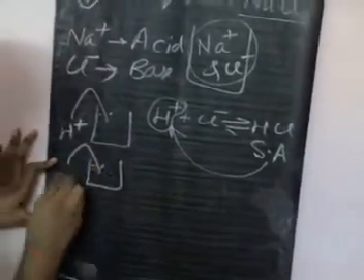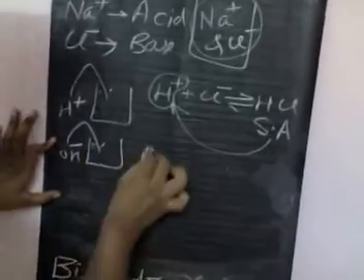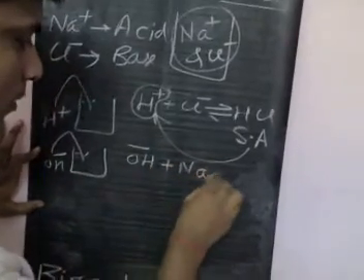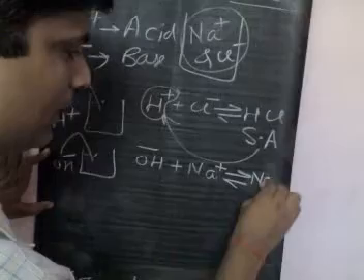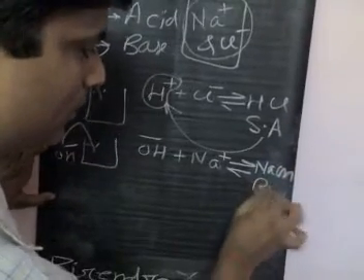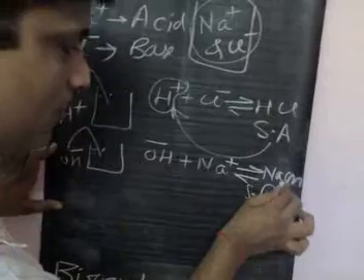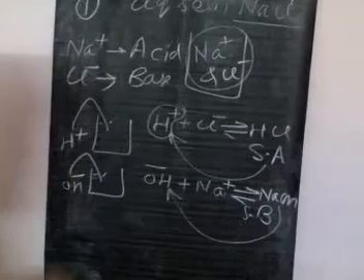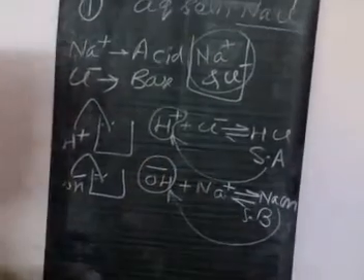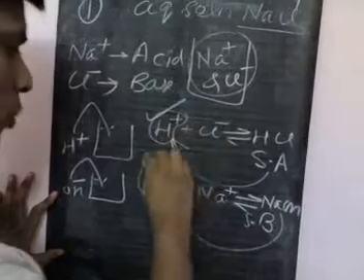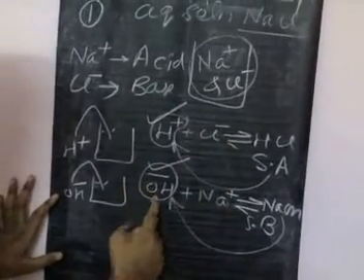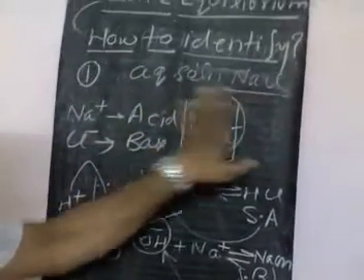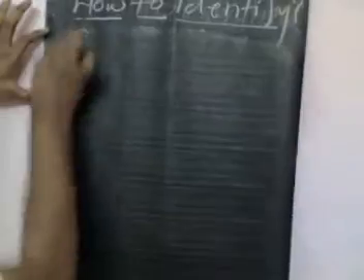Similarly, when we add a small amount of OH minus in the solution, this OH minus can be consumed by the acid Na plus. But after that, we get NaOH, which is a strong base. Strong base means it will dissociate completely into OH minus and Na plus. That's why OH minus is also not consumed. So neither H plus nor OH minus is consumed by the solution. That's why we say an aqueous solution of NaCl is not a buffer solution.